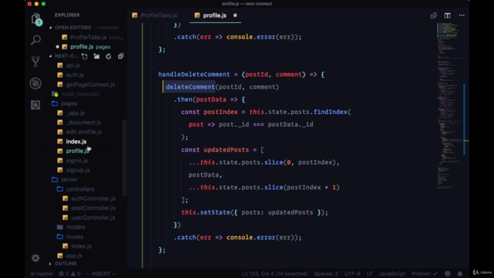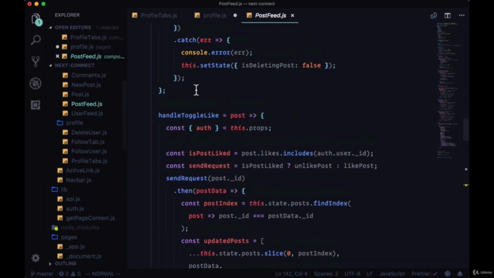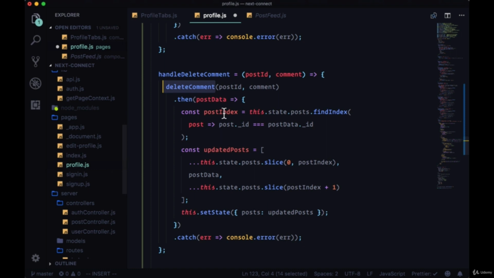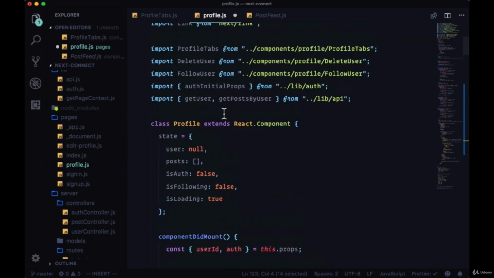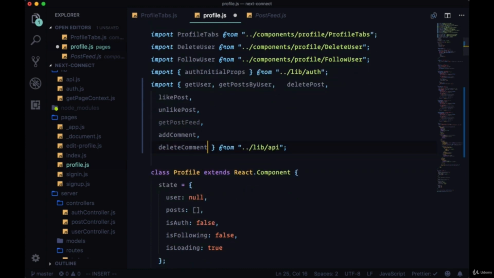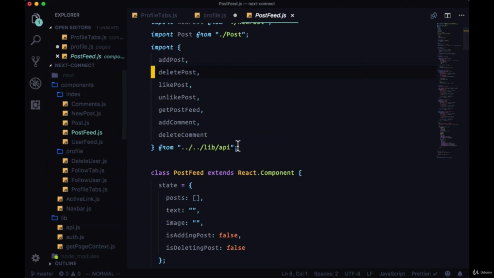So we'll head back to post feed, and up at the top we'll grab everything except add post and get post feed, and we'll import delete post, like post, unlike post, add comment, and delete comment from our API file. Then at the bottom of post feed